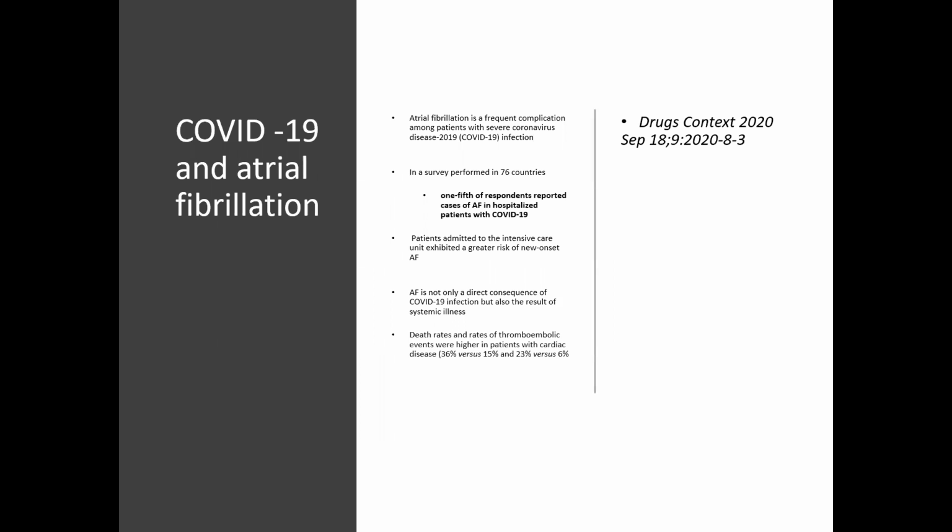Now, there is something special about COVID-19 and coagulation. We all know that atrial fibrillation is one of the important factors for thromboembolism. We have been using anticoagulants in patients with atrial fibrillation to prevent vascular events, including CAD, including embolic events, including